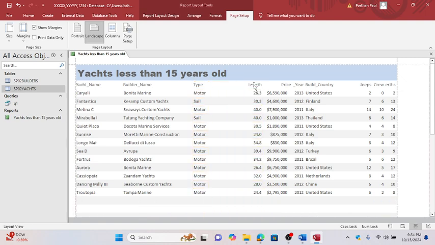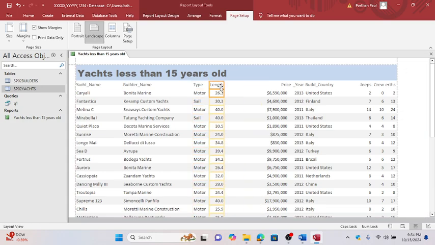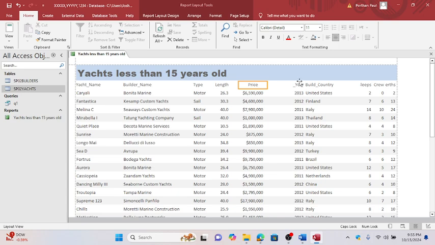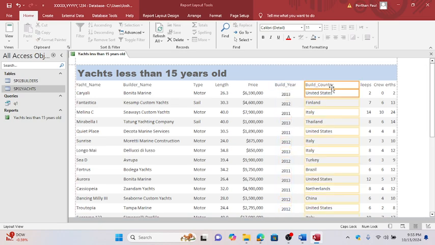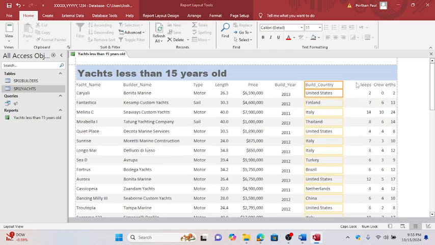I'm going to move the length, sorry, select only the length, and the price, select only the price and move, and see the price is not center, so I'm going to make it as a center. Build year is not fully visible, I'm going to select the build year and select only this and move little bit, and the build country is so much bigger, so I'm going to make, so United Kingdom is also fully visible, and click the sleeps and make it as a